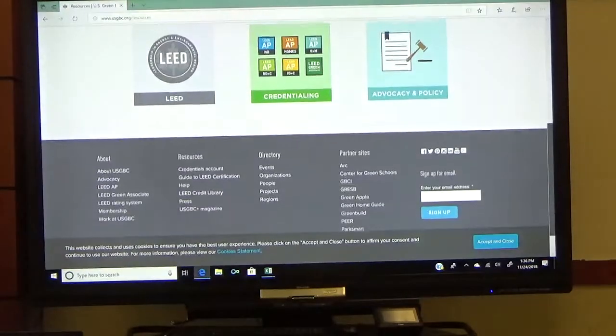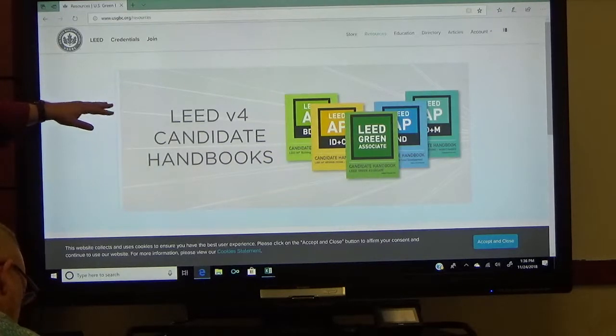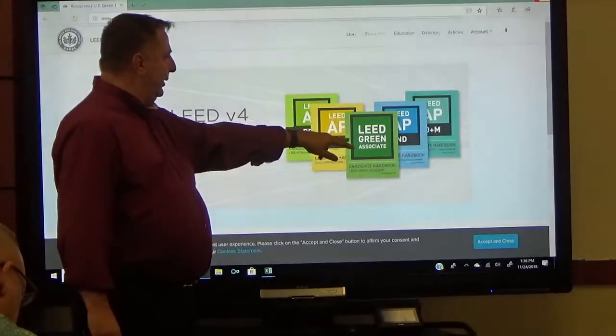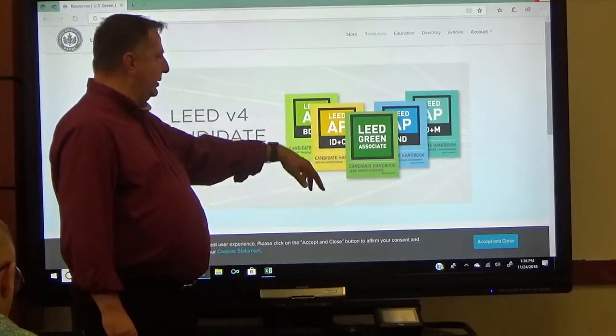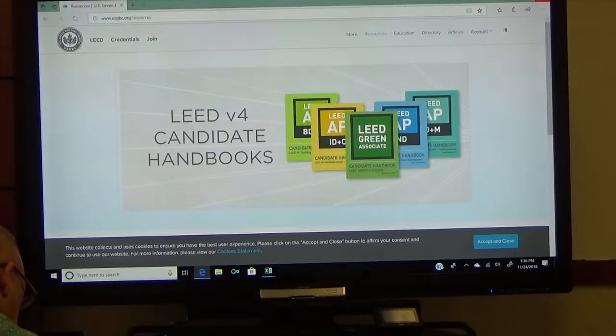Just a couple of other things to point out. USGBC, the United States Green Building Council, is the professional association that administers all of the different LEED certifications. One of the things you can do, and I've had a handful of students go through and get certifications like LEED Green Associate, is that it's another way you may be able to generate some consulting income,